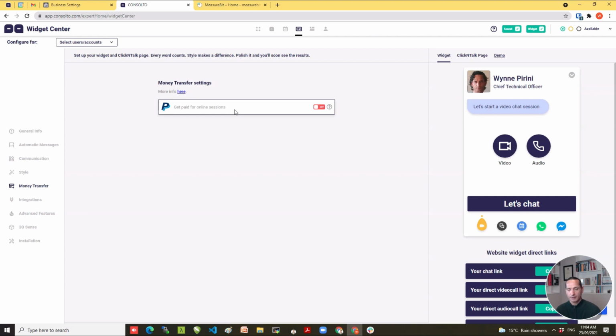Initially, what we do is a free call to find out the needs of the client with their data and analytics and conversion and pipelines and all that kind of stuff. And then, if we think there's a case there to investigate further, we charge a $500 US one-off fee. So we send them a link, and we use Thrivecart for that. But if they had Stripe in here, we could quite easily do that within the system,